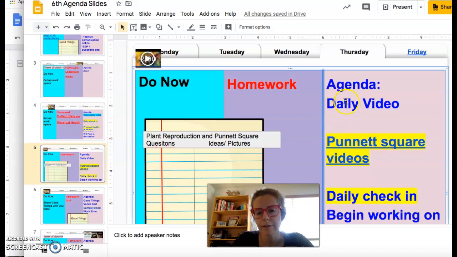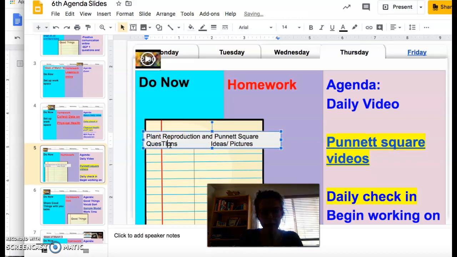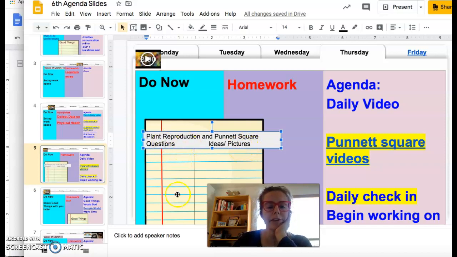After you get your Do Now page set up, on a new piece of paper in your notebook, you're going to have two sides of the page. One side is going to be for questions in a Cornell note style, and the other side is going to be ideas, pictures. Today we're going to be talking about different plant parts, like where we left off last week,